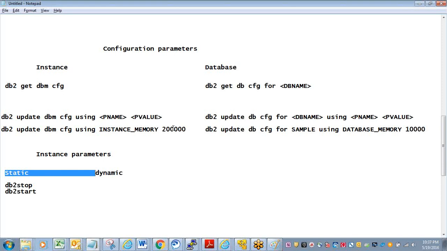How do we know which is static and which is dynamic? I'll tell you, there is a way in which you can see which ones are static and which are dynamic. Mostly you have to learn it from experience, or you can go to the information center, where it clearly writes which one is static and which one is dynamic. I'll show you. Okay. So, is it clear to this point, what static and dynamic are? If you want to check which parameters are static and which are dynamic, let me open the information center link. Mostly you will get it from experience only. But if you want to quickly check it,